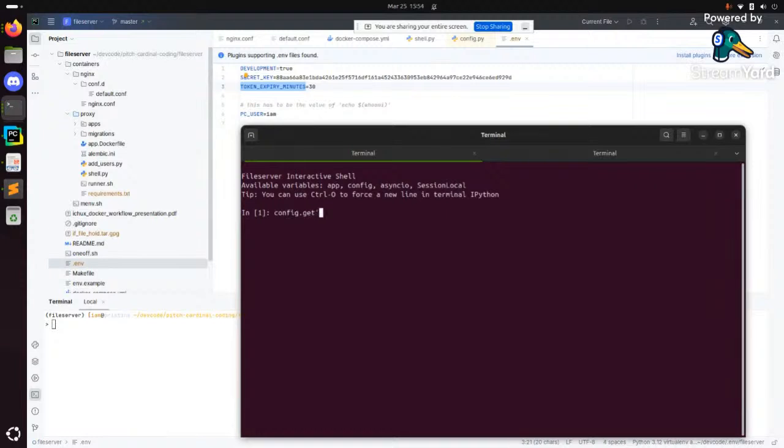So we can try to get this. As you can see, it tallies with what I have here. And for instance, if I want to do the development,